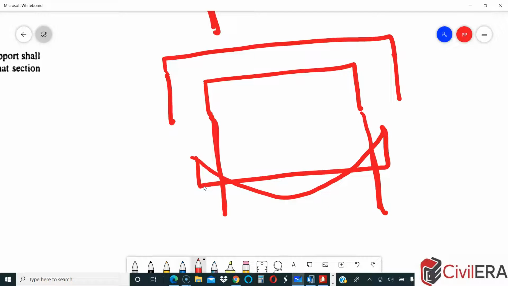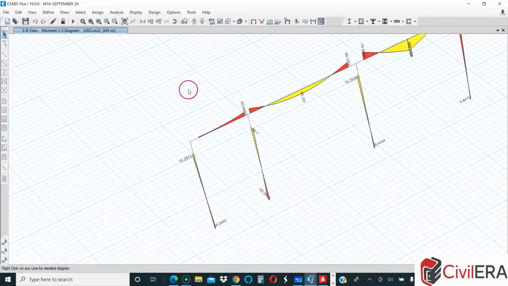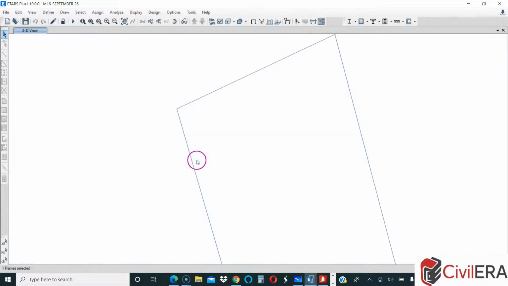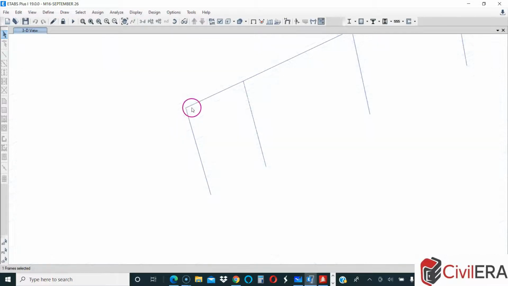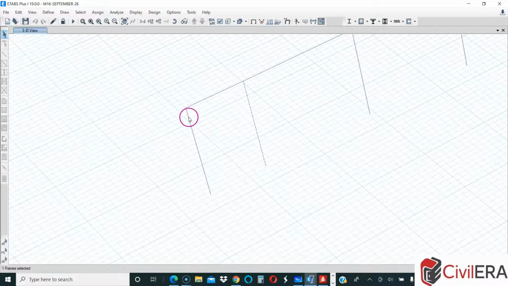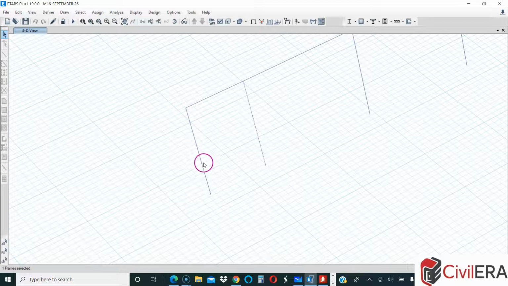Now, why does the code say that? To understand this, you need to understand that when we model in ETABS or in STAAD, what we have done is we have modeled the member as a stick. This is a stick. What I mean by stick is that this is a line member. You have modeled only its length. Any member